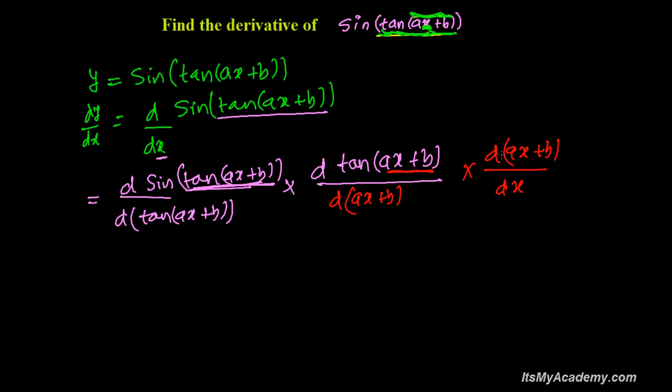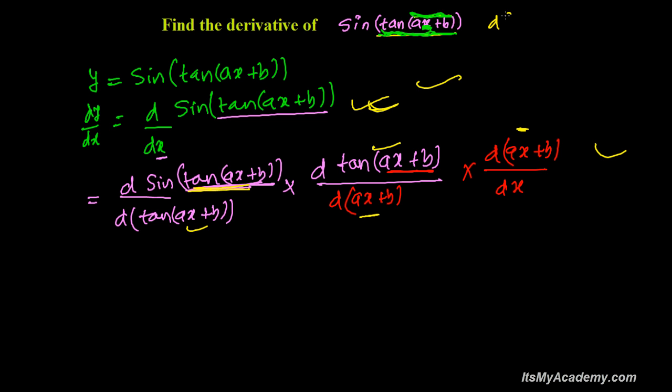So this is the way, if you see it here, I divided and multiplied by these two things, so you can easily cancel them, and again here I divided and multiplied by the same thing, so you can cancel also, and you'll get finally d sine tan ax plus b over dx as it is in the first row, right? So I have not changed anything, I have not broken any rules of mathematics. But by doing so we get it comfortable to find the derivative, because it's sine of the angle over the angle, the derivative of the sine angle with respect to its angle, which we can easily find out now.